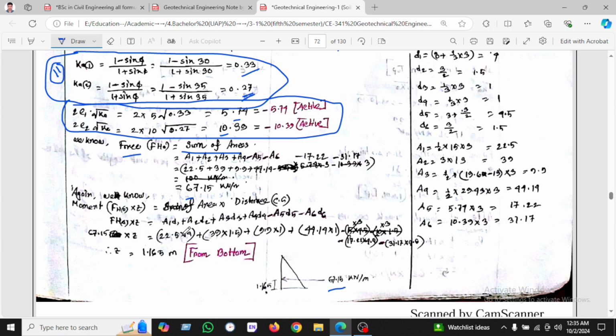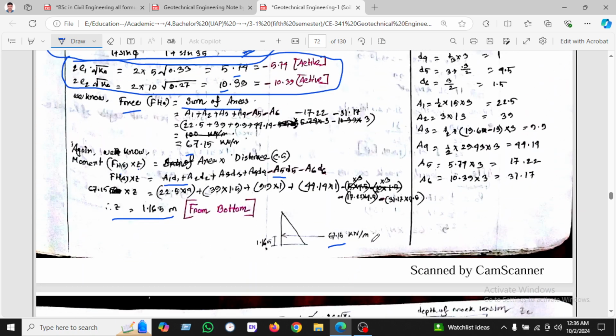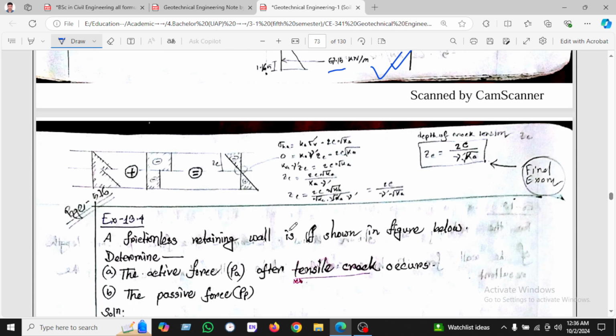And now we will find out the location, which is moment, force into z, sum of area into distance, and we will multiply all the distances with the respective areas, and we will minus only the portion of 5 and 6, with their respective distances, and in this way we found the location of the resultant force from the bottom of the soil layer. So here is our another solution. So let's see another